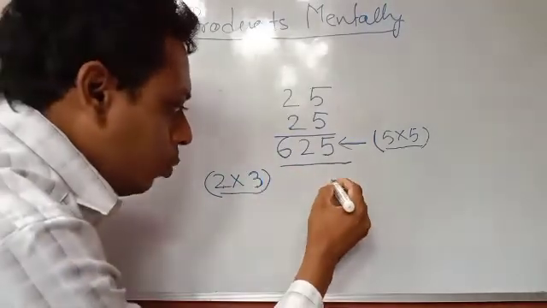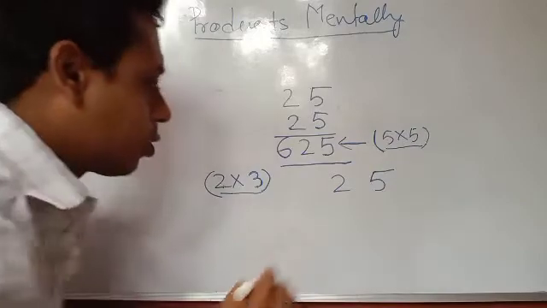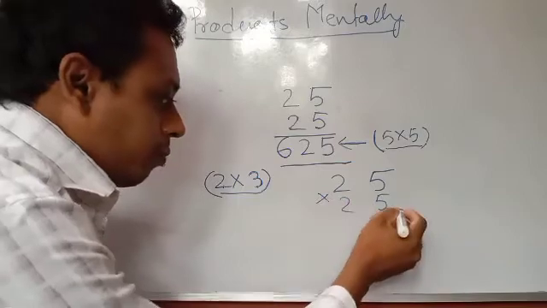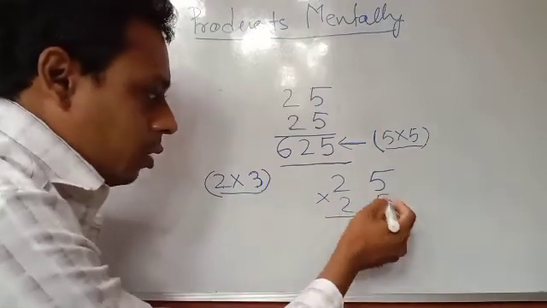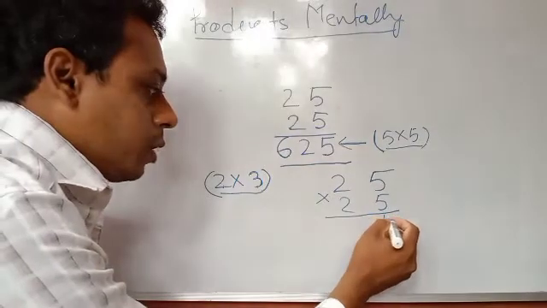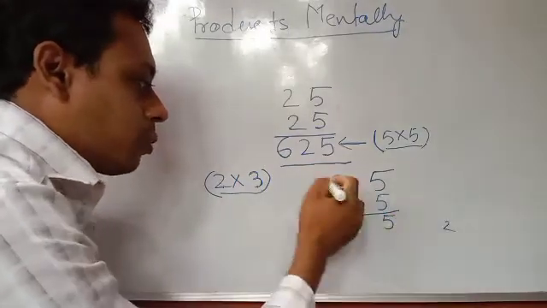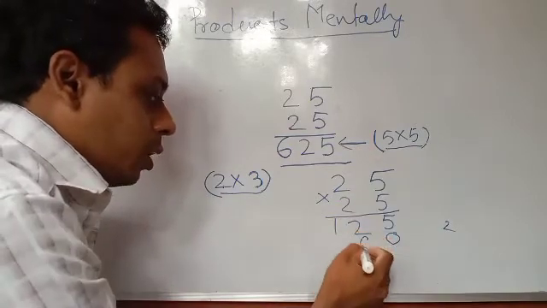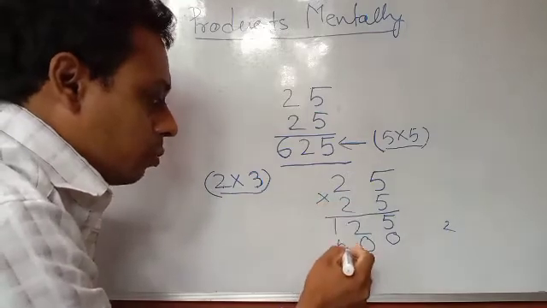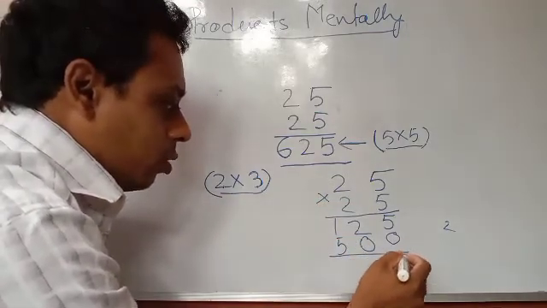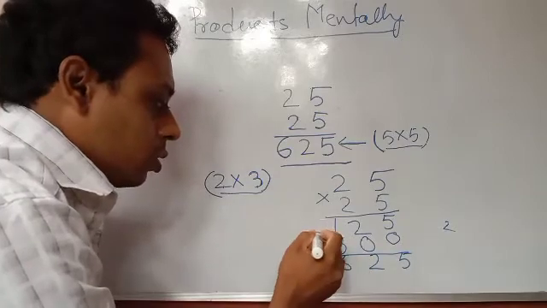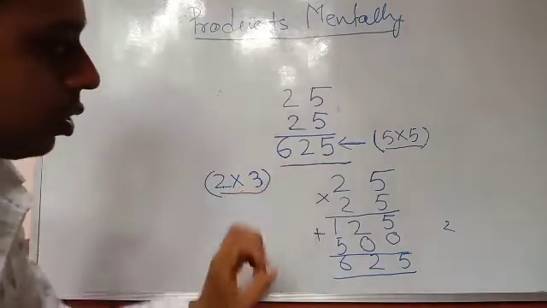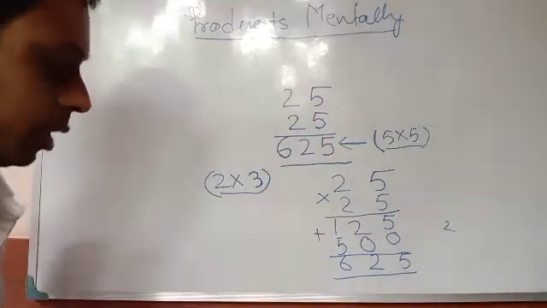Now you check whether this product is correct or not. 25 and 25 you multiply. Now 5 first of all by 5 you multiply. 5 5s are 25, carry 2. 5 2s are 10, 10 plus 2, 12. Then 1 0, 2 5s are 10, carry 1, 2 2s are 4, 5. Now if you add, then here you will get 5, here 2, here 6. So 625. So our answer is 625. Understood? So this is the way of mental multiplication.